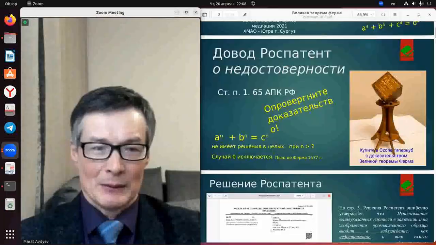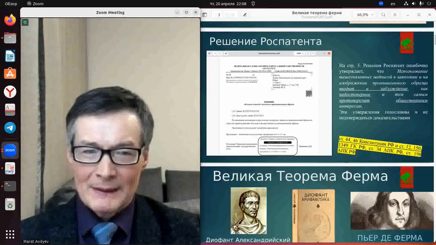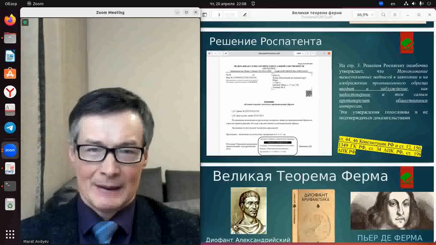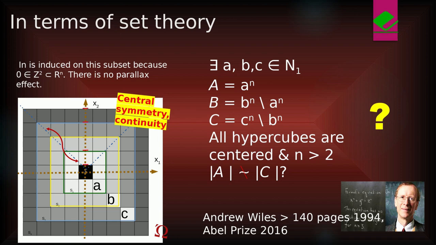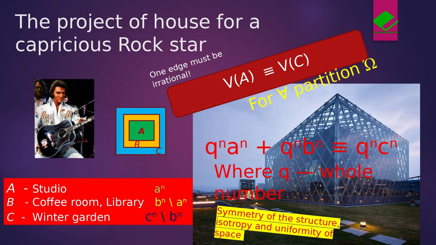Three years ago in 2020, I formulated a proof of Fermat's last theorem, which is that if you take the n cubes here symbolically depicted on the plane, a small cube, you layer around it a certain number of unit cubes. Create the b middle cube, layer another certain number of layers, create c large cube, where the volume of a small cube is equal to the volume of the difference of c large and b middle cubes.